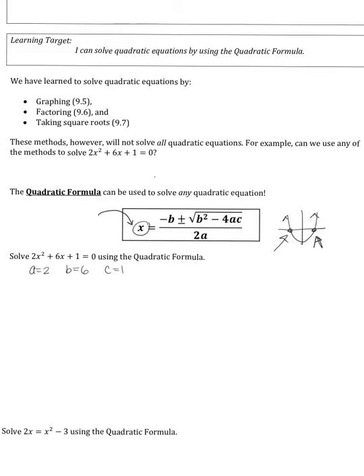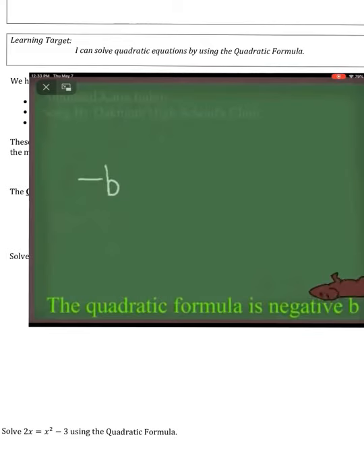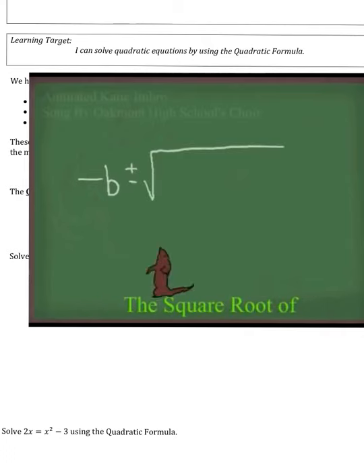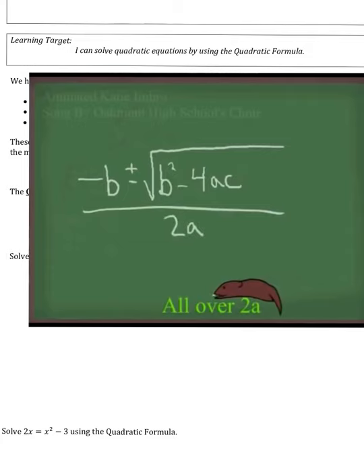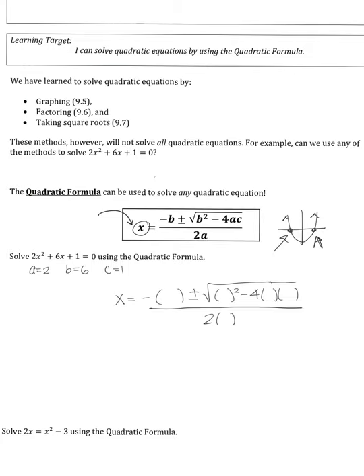Let's write out the formula and plug in these values. Quadratic formula's negative b plus or minus the square root of b squared minus 4ac all over 2a. X equals negative b, which is 6, plus or minus the square root of b squared, which is 6 squared, minus 4a, c is 1, all over 2, a is 2. In case you haven't picked up on it yet, there is going to be a lot of singing this song in this notes video and in the next one